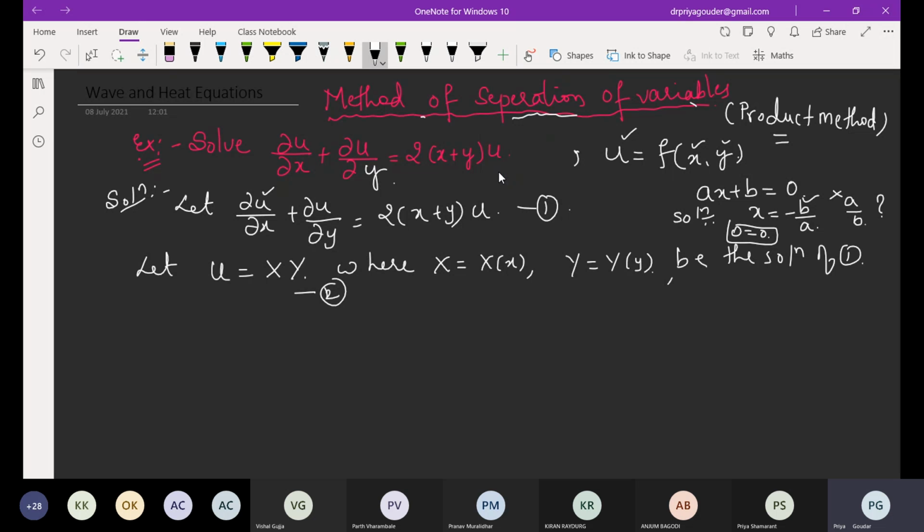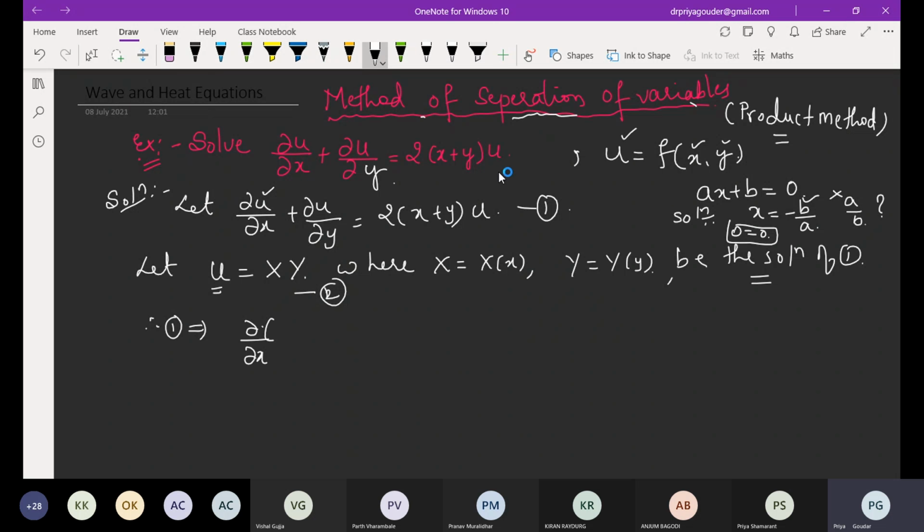What we are saying is that equation 2 is the solution of equation 1. That means equation 2, what does it do? Just now what you have used: it satisfies equation 1. That means in place of u in equation 1, if I replace XY, it is 100% going to satisfy. Correct? Therefore, equation 1 becomes, write everything the same, where you have u, take it as XY. Understood? That is the next step.